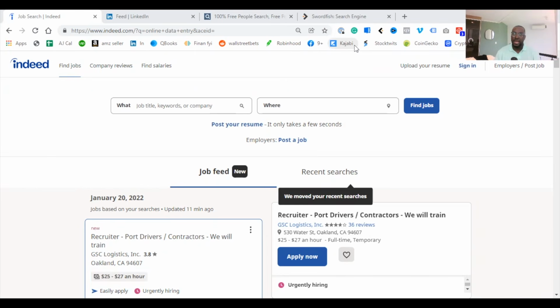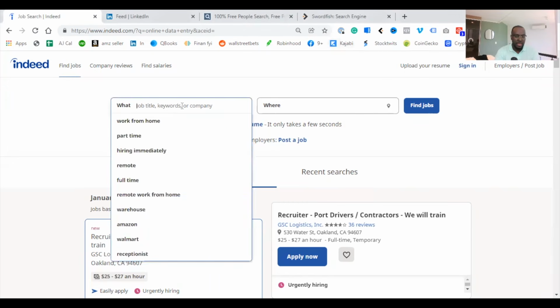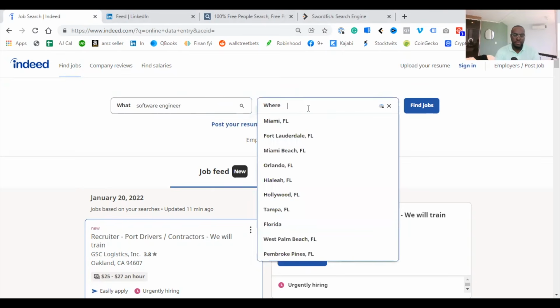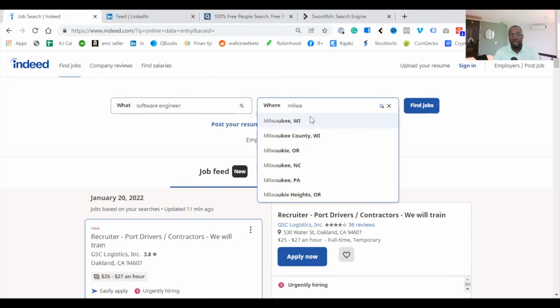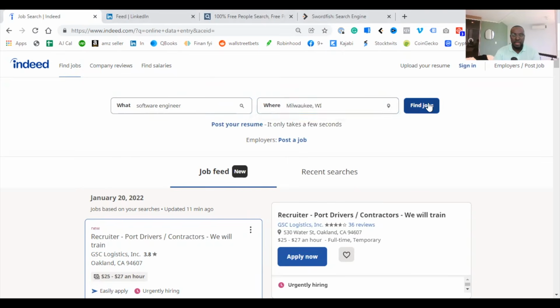Everyone wants to recruit in California. They want to recruit in New York. They want to recruit in Chicago. But no one looks at the locations that are not popular, and there's less competition as well. Often, so what I want to do, let's just say hypothetically, we're looking at recruiting for a software engineer. Okay. Let's just say software engineer, and then I'll put in Milwaukee, Wisconsin,